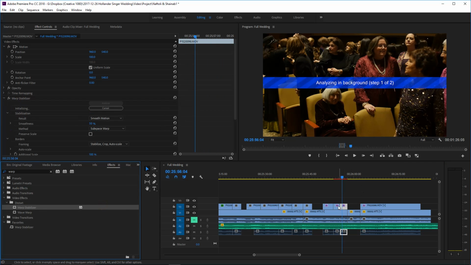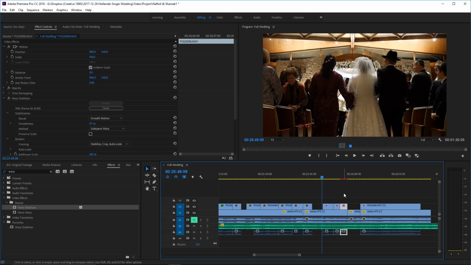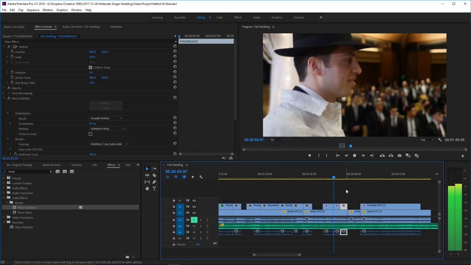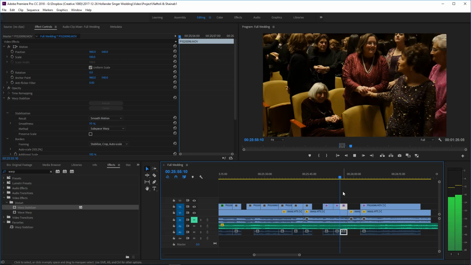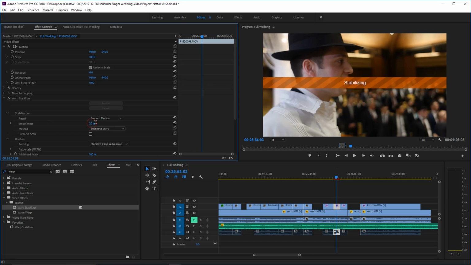This clip, I think, also is gonna need it. And it's not gonna hurt to put it on this clip too. So we're gonna just watch what happens. I'm just waiting for the red over there to go away. And it's not gonna hurt to save my work now, and let's see how it plays.